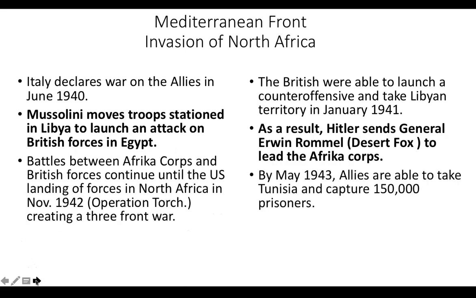Part of the reason why they're so successful in Africa is because of the German general named Rommel. They call him the Desert Fox because they wear uniforms that blend in more with the sand. He's sneaky. He's one of Hitler's great buddies. He knows about great battle tactics. He uses tanks and the lack of resources and elements to hide behind, but still figures out how to fight. And so they're able to take Tunisia, Libya, Egypt, you name it. And so they're really able to expand their empire.